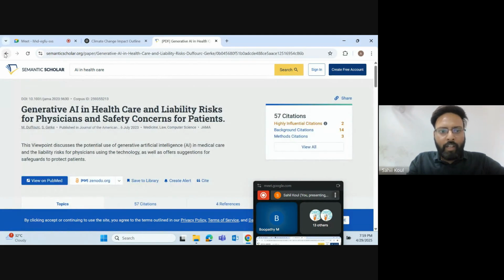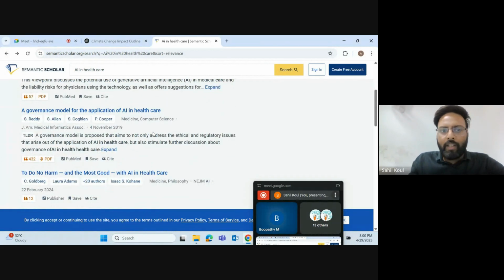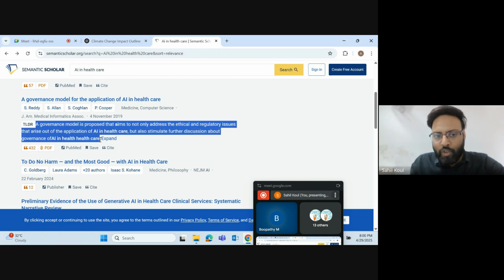All right. Now see, I just wanted to show you this one thing. There is a paper on governance model of AI application in healthcare, and this TLDR here gives me a shorter version of understanding the entire paper.